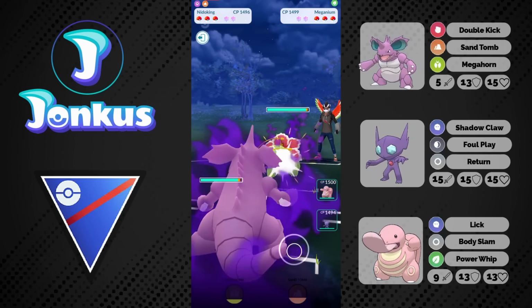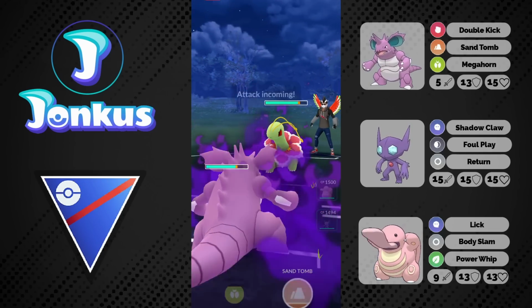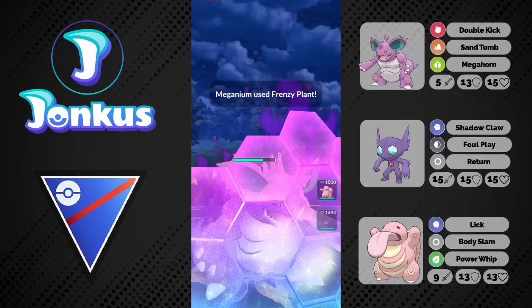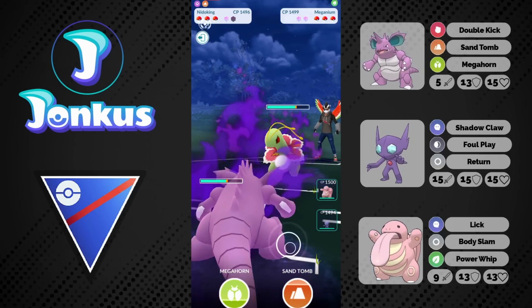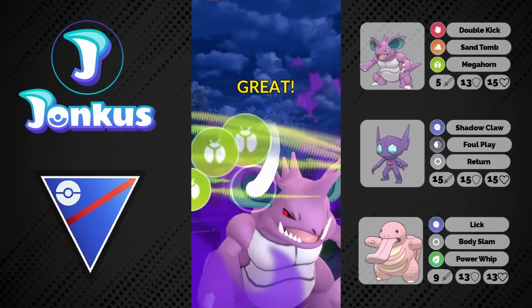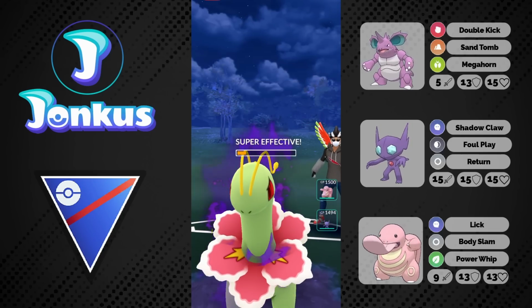It's kind of weird, you don't really see Meganium that often in Go Battle League anymore. You're going to have to shield this move up. It's going to be a very strong Frenzy Plant here, especially the Shadow version is very cool to watch. They go straight for the Mega Horn. I don't think that was the right play. They're definitely going to shield here. I would have...